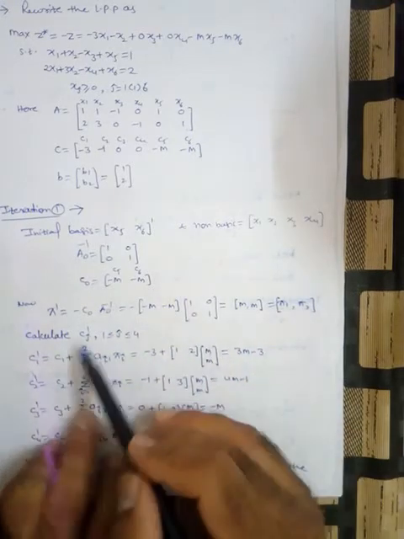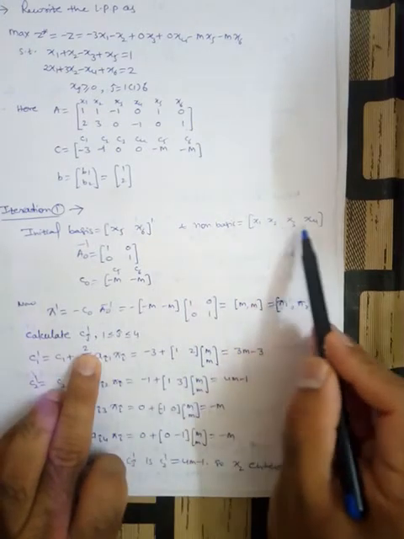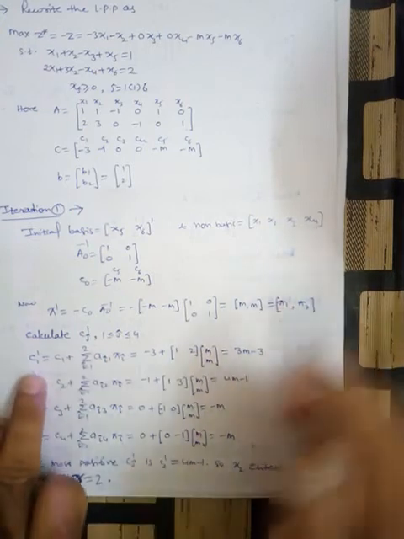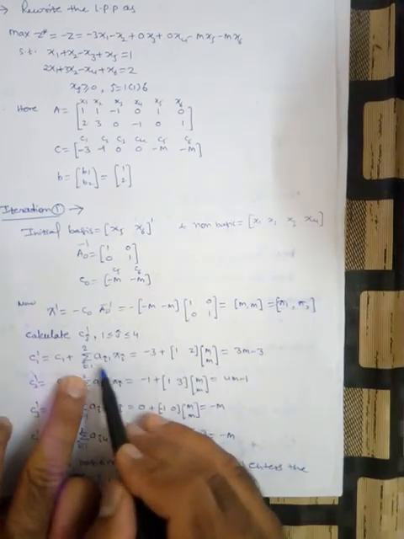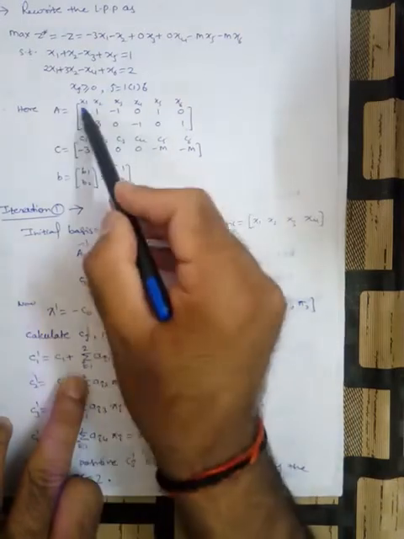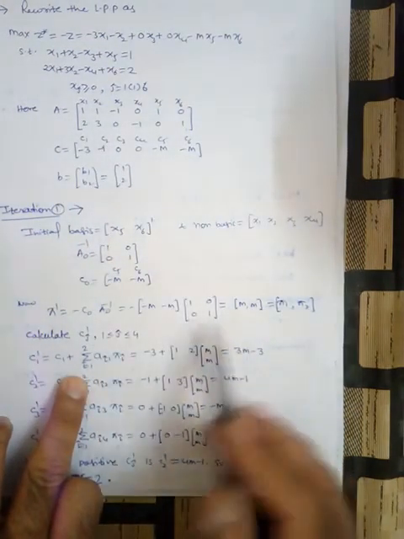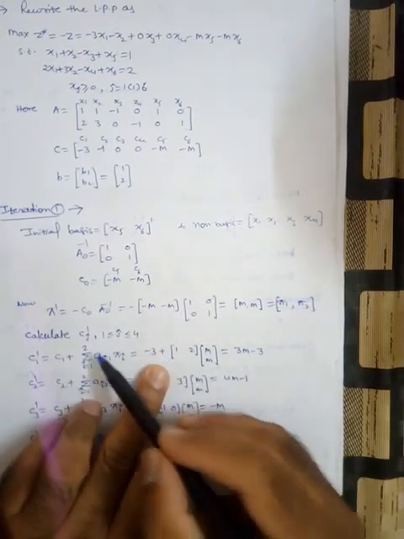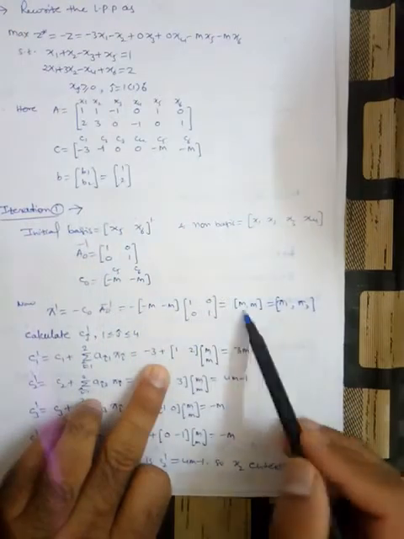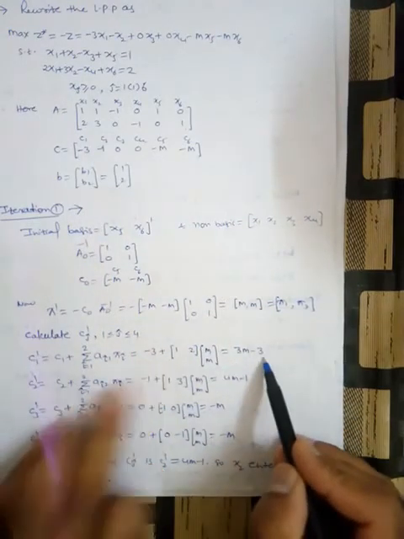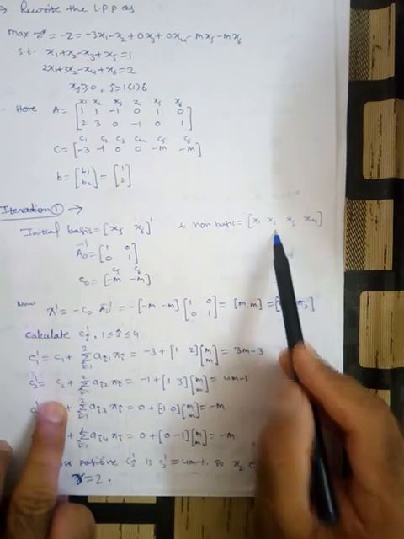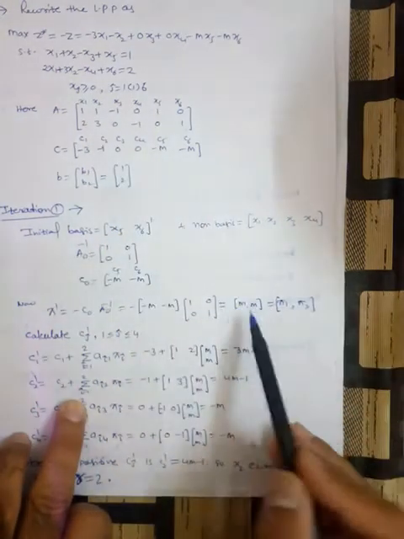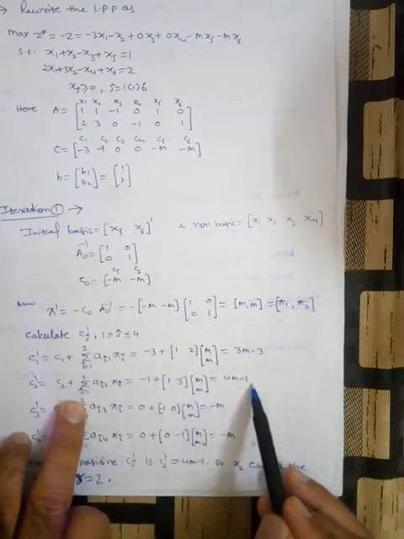Now we have to find cj dash for the non basic variables: c1 dash, c2 dash, c3 dash, c4 dash. So c1 dash is c1 plus the summation of ai1 pi i, that means the first column multiplied by the pi multipliers, and then add c1. So minus 3 plus the first column 1, 2 multiplied by the pi multipliers, so we get 3M minus 3. Similarly c2 dash for x2 is c2 plus the second column, which is 1, 3, multiplied by the pi multipliers, so we get 4M minus 1.